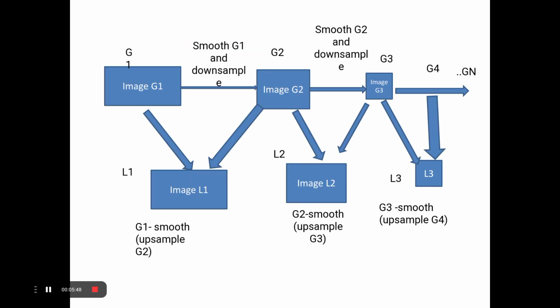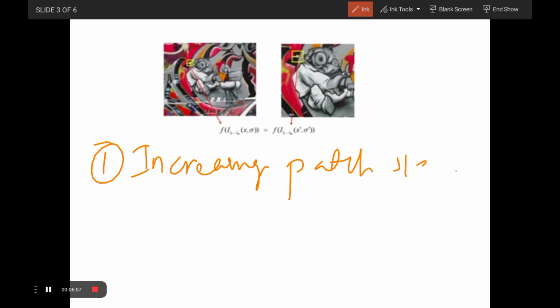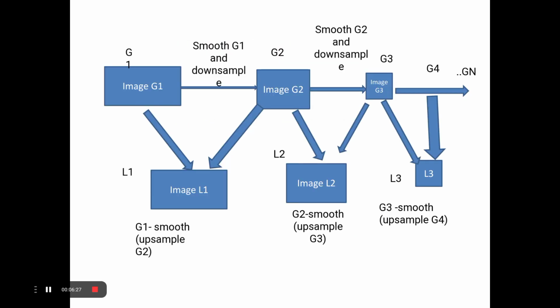So image pyramid is nothing. Here the problem is that each and every time you are increasing the patch size. That is one problem, and the second one is that you have to identify each and every key point based on scale and space. You have to take the corresponding key points, draw the graph, and check the corresponding matching points. So for that purpose, let us move on to the next one.